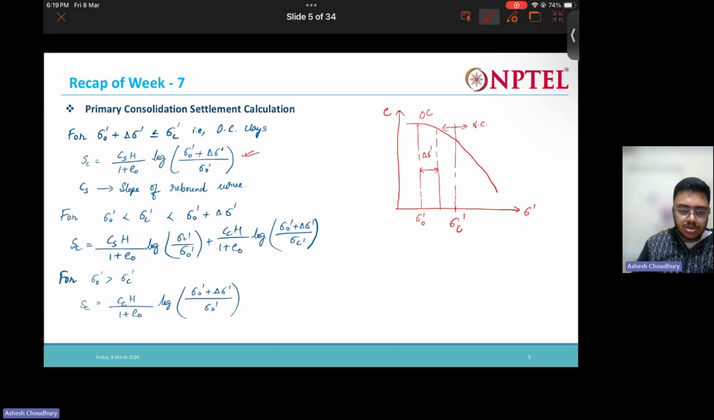So we use this equation to calculate the settlement in the previous class. But you can see here instead of CC we are using CS. CS is nothing but the slope of the rebound curve. Why are we using the rebound curve? Because the soil here is over consolidated. That's why we use the rebound curve. Okay. Now the next case can be